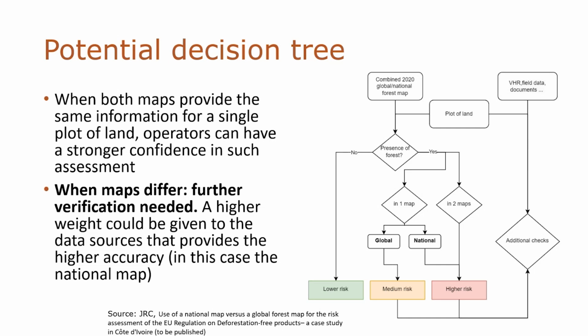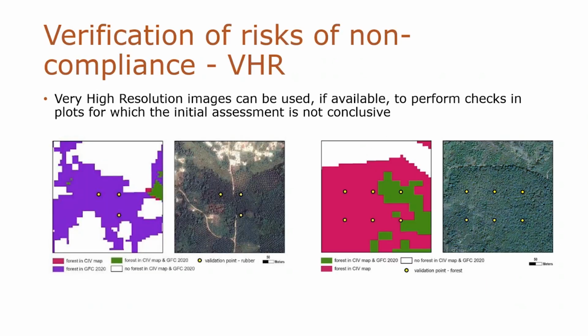And until now, we have used only and exclusively land cover or land use, satellite information or geographic information. We go to additional checks, and those additional checks can include different products. One of them, and it's something that we can check, is very high resolution information. In this case, we are presenting two examples where we cross-check the two maps. In the example on the left,